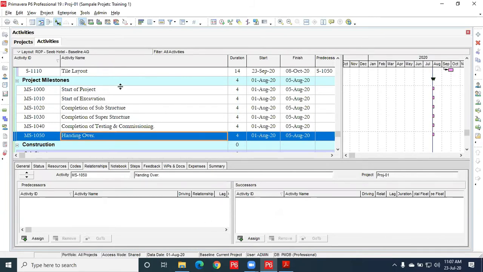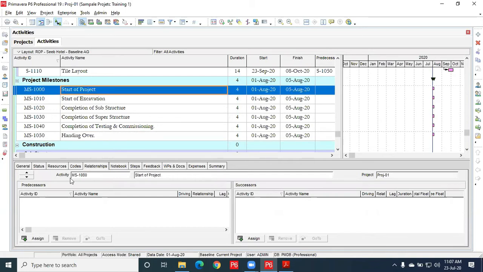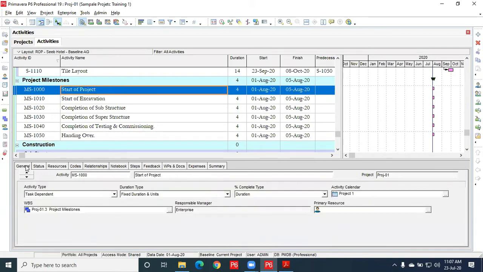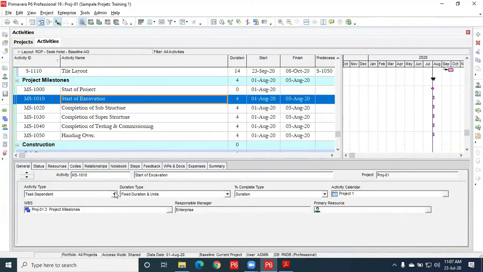Okay, since these all are milestone activities, we have to convert these into milestones. Let us select the first activity, go to the general tab and activity type. Since we are telling that start of project, let us make this a start milestone. And even for the excavation, let us make this a start milestone.